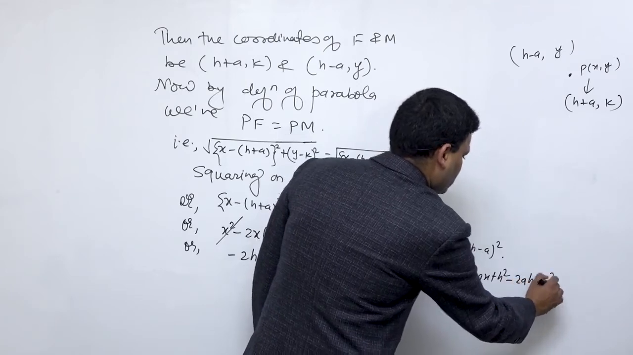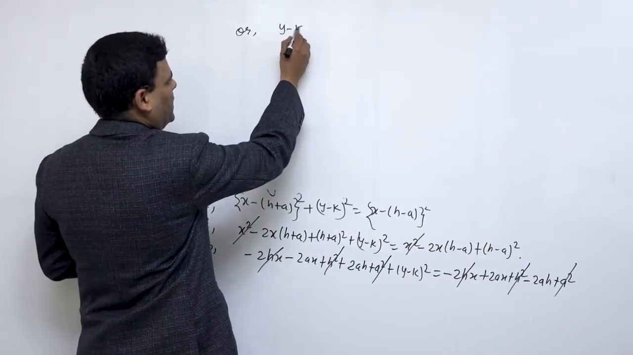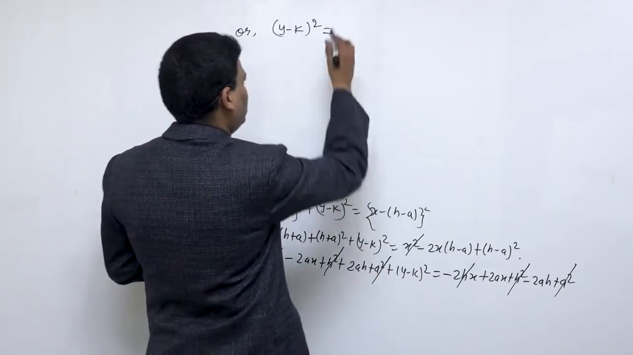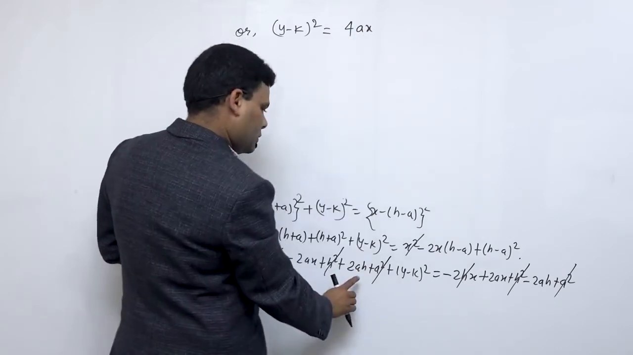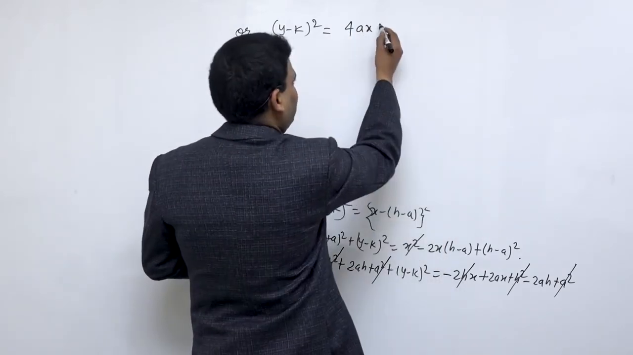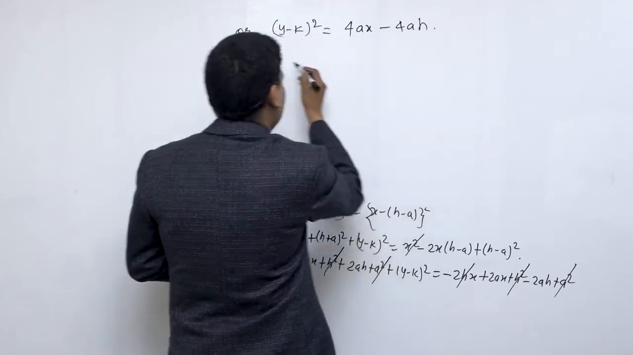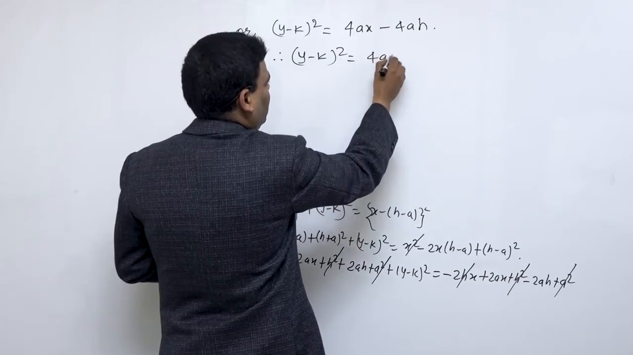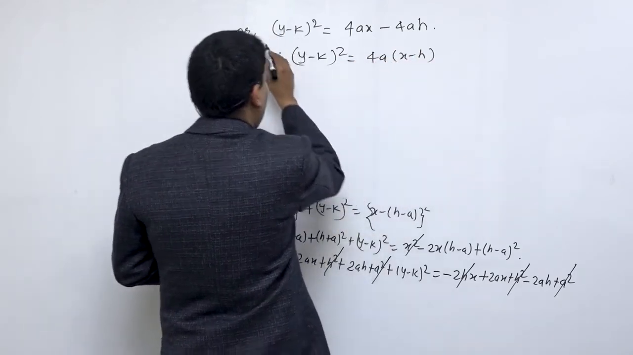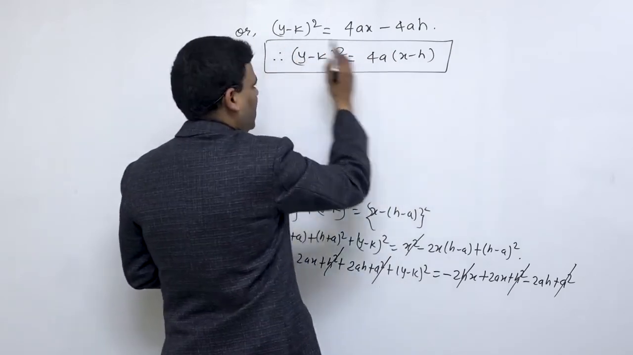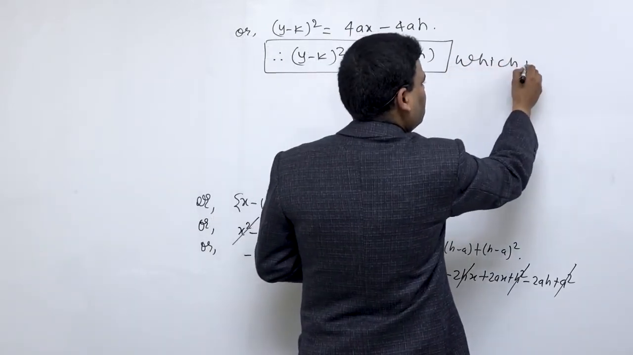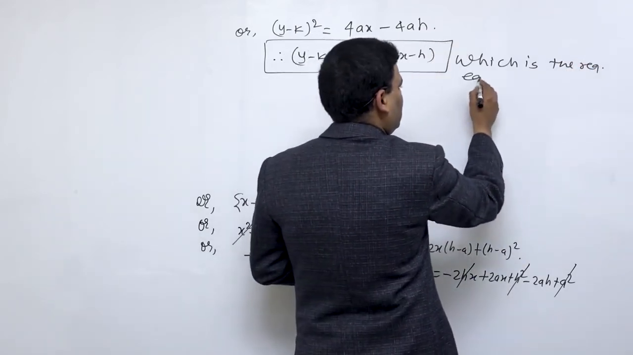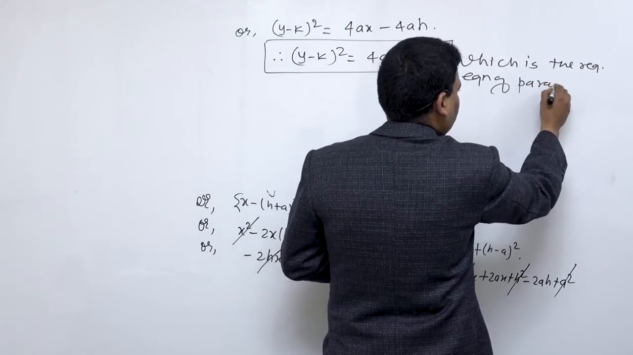So we have (y minus k) whole square equals; the 2ax goes to the other side and adds to the other 2ax, making 4ax, and the 2ah goes across and becomes minus 4ah. Therefore (y minus k) whole square equals 4a into (x minus h), which is the required equation of parabola,